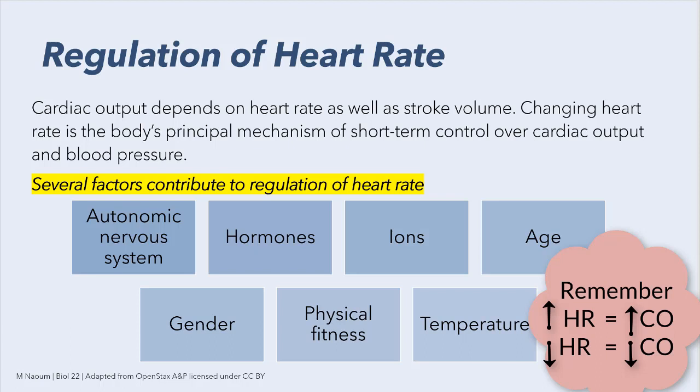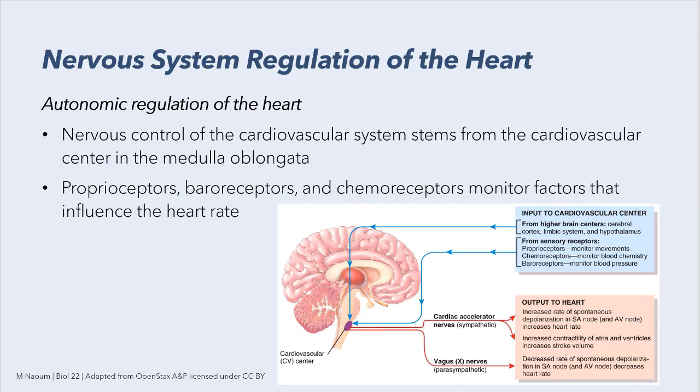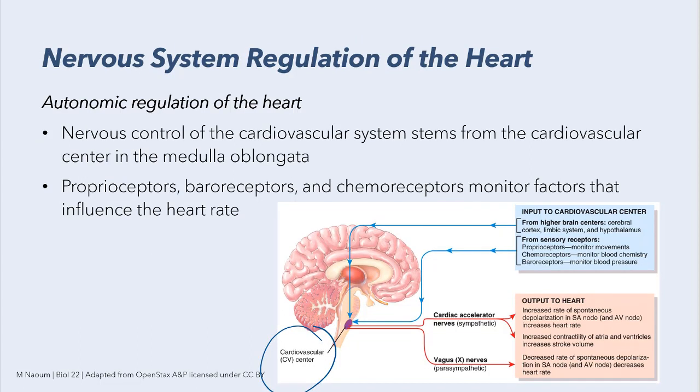There are several factors here that contribute to a higher or lower heart rate. One of the main ones, of course, is the autonomic nervous system under sympathetic and parasympathetic control. Hormones, changes in ions, age, gender, physical fitness, and temperature are all different factors that can impact heart rate. Let's start with the autonomic nervous system. Nervous system regulation of the heart originates in the cardiovascular center that is found in the medulla oblongata. This region of the brainstem receives information from many sensory receptors, some of which are listed here: proprioceptors, chemoreceptors, and